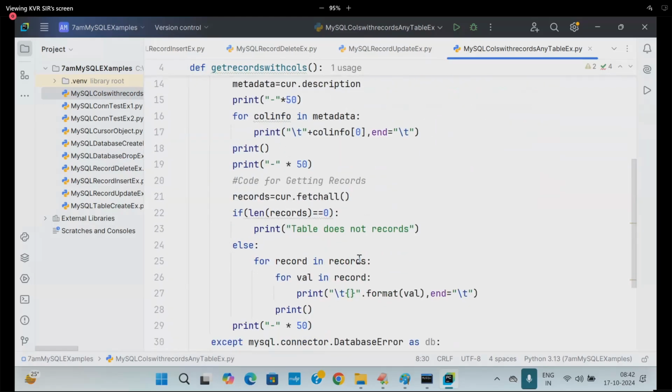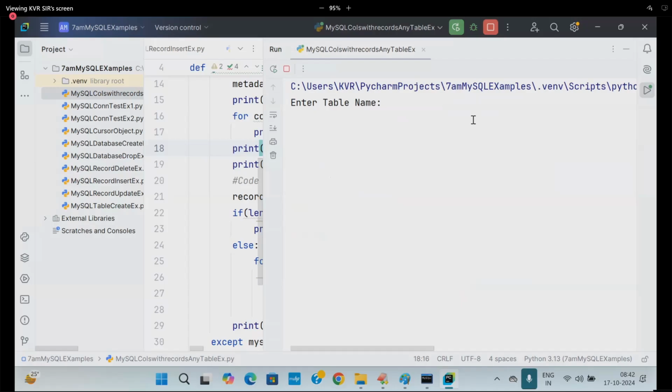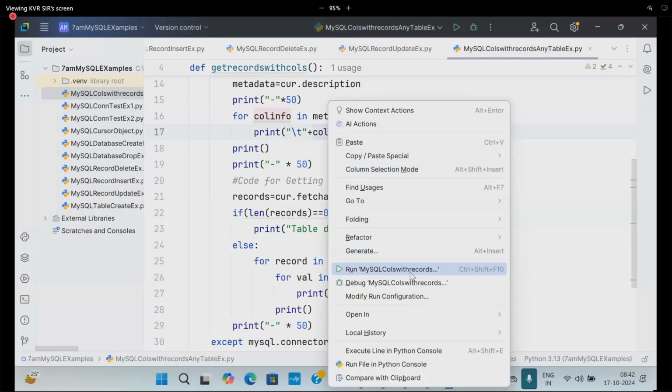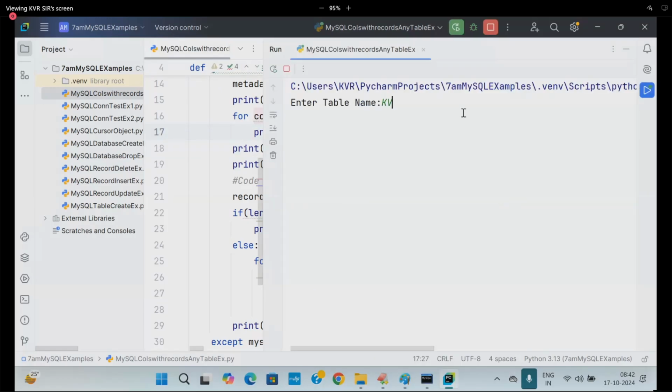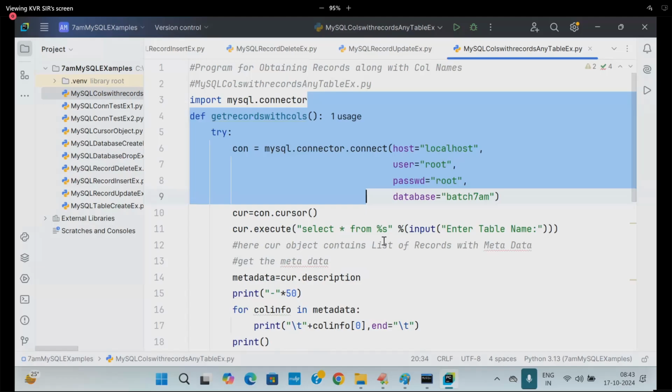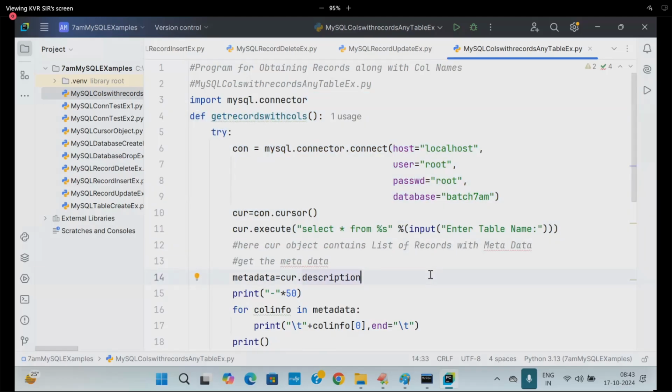Table does not have records. So here I will enter something like student. Table does not have records. I'll run it again and say something, KVR, which gives table does not exist. Are you following me? This comes under selection, select related statements. So with this, you can understand the complete description of